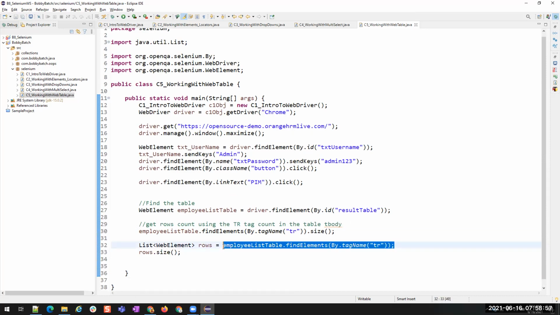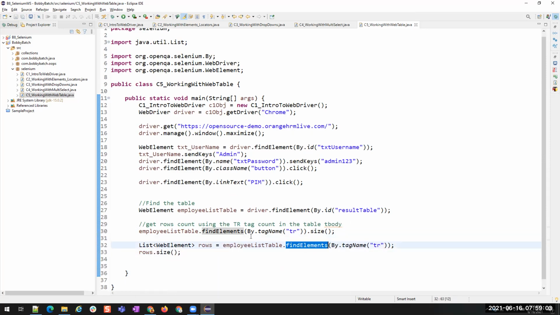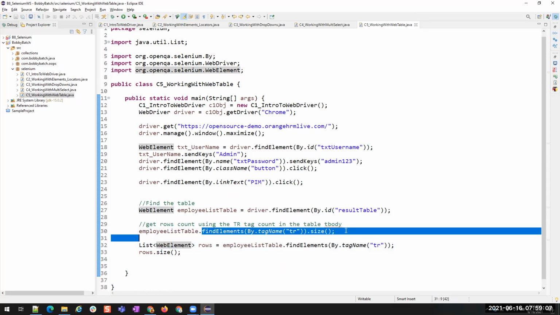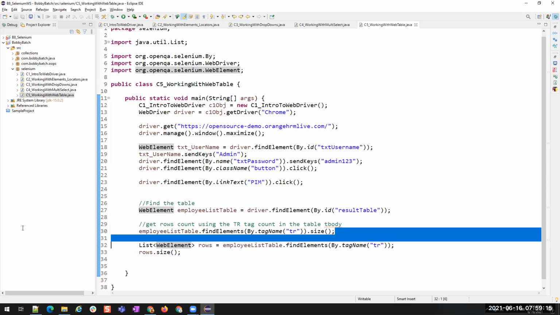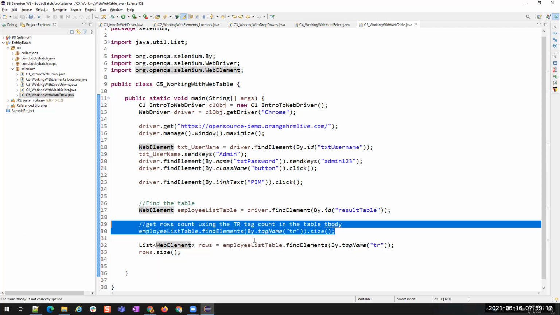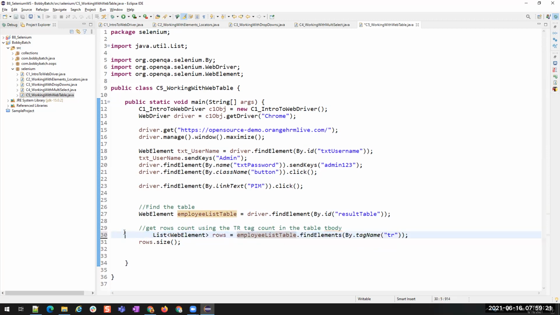This is returning a list of elements, so I stored it in a list, and now on the list I can find the size. Similarly, since this is returning a list, I don't want to store it in a variable. I can directly find the size of it in the same line. Understood? Let me remove this to avoid unnecessary confusion. But you can use it in your code if you want. You can write this size directly here.